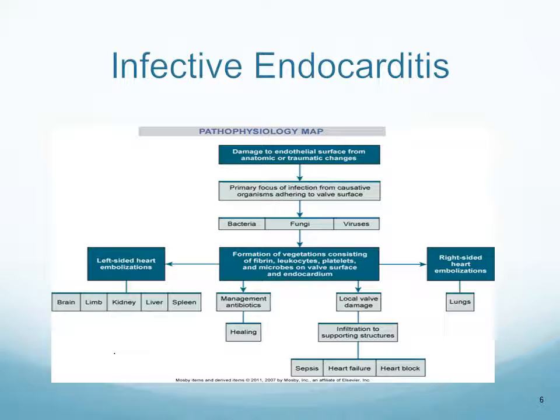If the mitral valve is the one that's affected and has the vegetation on it, and a piece of that vegetation breaks off, it's going to move right from the mitral valve through the left ventricle and out to the body. And when it goes out to the body, it can cause an MI, it can cause a stroke, it can cause a DVT. If the valve is on the right side of the heart, like often the valve that's affected